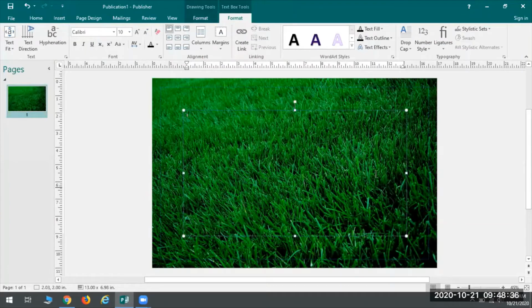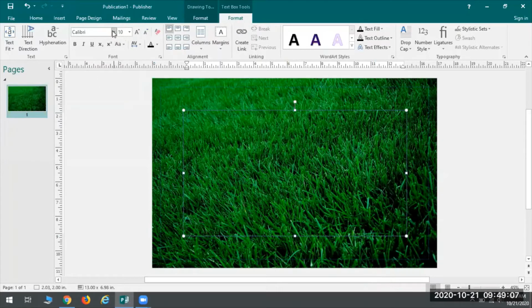Okay. So that's one example of how those ruler guidelines can assist you with putting things on the actual page wherever you specifically want them to be. Okay, so now what we're going to do before we start actually typing our text, you can see the cursor right here is super tiny. That's because the text size right now is set to 10. That's too tiny. So in this format contextual tab, in the font group, the first thing we're going to do